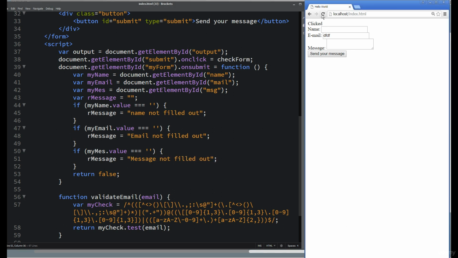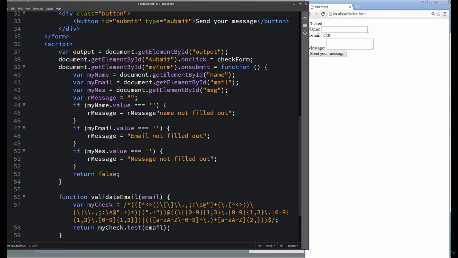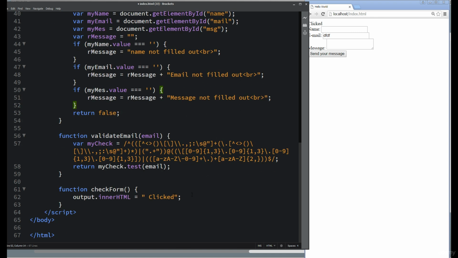And now I can go over here, and one of the problems that I'm looking at right now is that I'm not doing a message equals message. So we need to concatenate these together. So this is in case we have multiple messages that we want to output. And I'm also going to add in some HTML so that we actually have these on new lines that get output. And what we're going to do now as well is we're going to get rid of this one here,